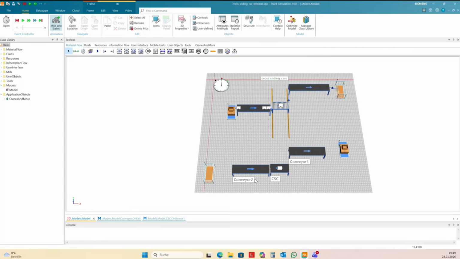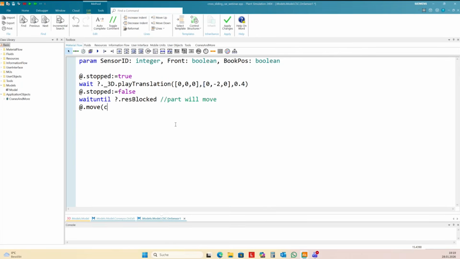So in my case, it's conveyor 2. And again, we are transporting backwards, and so I need to specify the end of conveyor 2 as a destination, and so it moves. So it can move all the way down to conveyor 2.